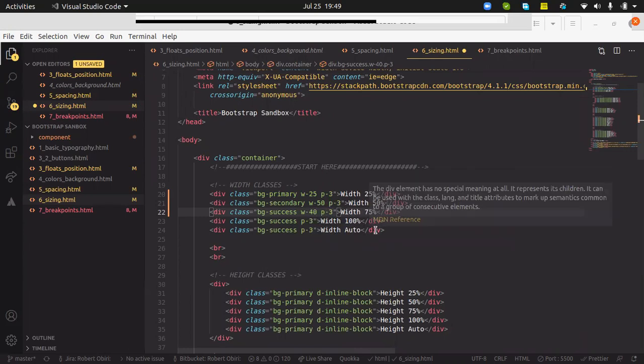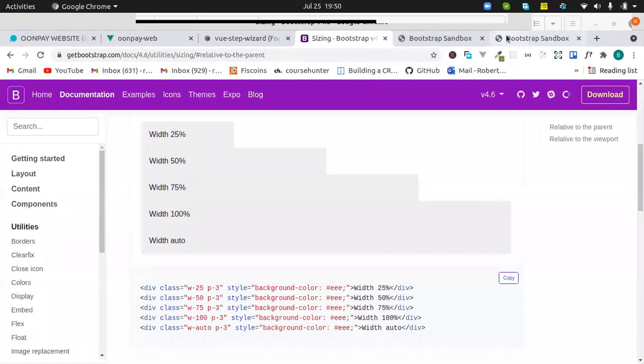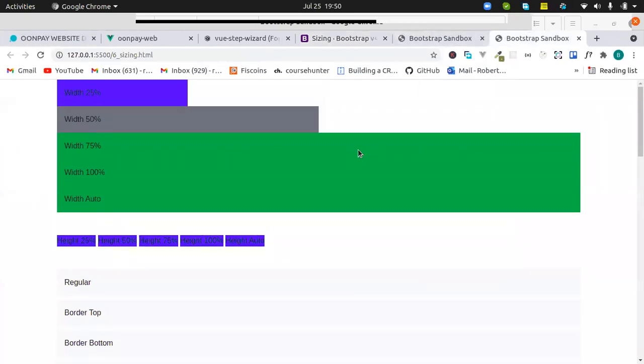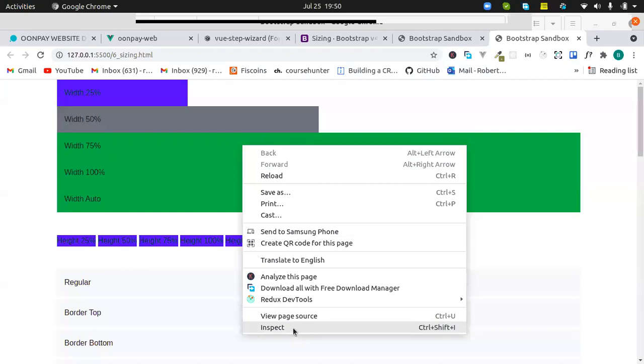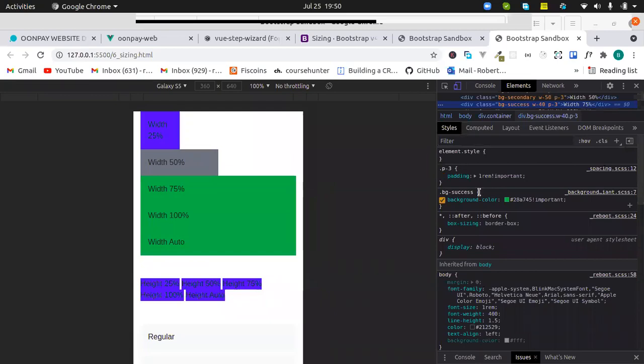Yes, I do. So let's give this one a 40%. So 40%, you're expecting it to be below 50, right? Yes. So let's see. It should work. All right. It didn't work. But what I'm saying is you can override it. You can override this. So looking at, I think